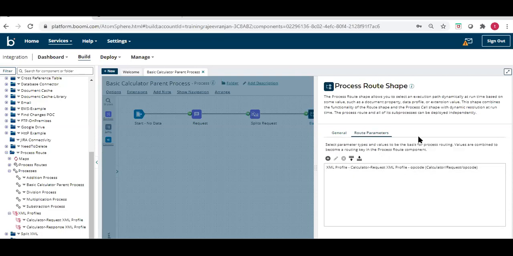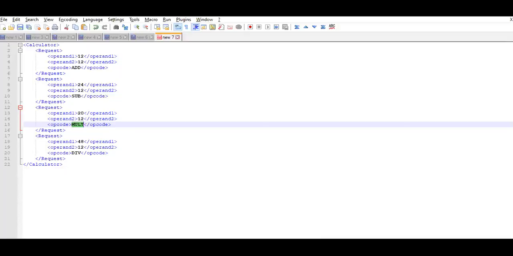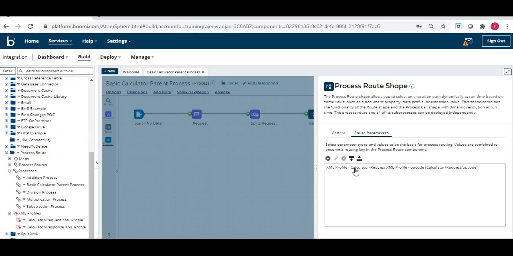For the route parameters, we have selected the calculator request XML profile opcode. So opcode is nothing but this parameter, and it is going to match with the route key we defined in the process route component. So here we have given the route key.